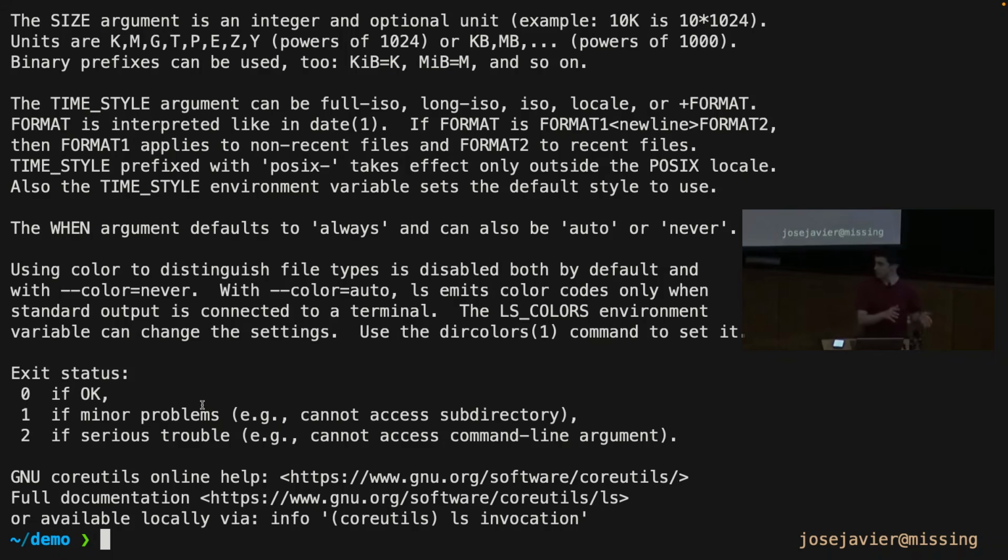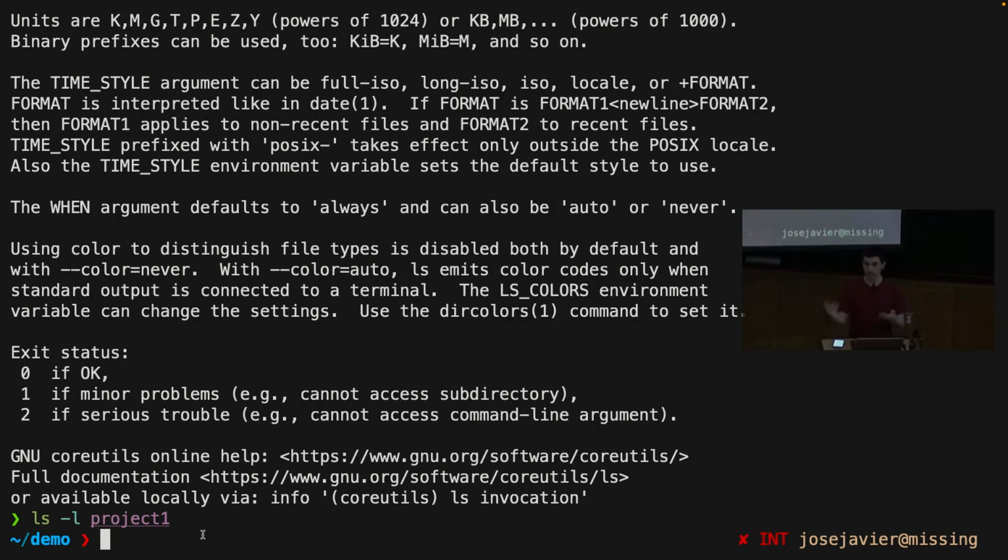The other arguments that you usually get with programs are just strings. For example, when we do this program, project 1 is just a string passed to ls, and then ls interprets that to be a file. Another common convention when you're working in the shell is for programs to accept the same type of argument an arbitrary amount of times. So for example, when we do